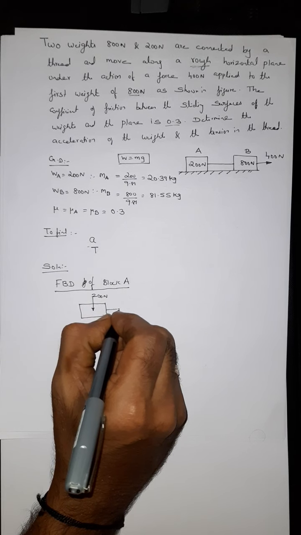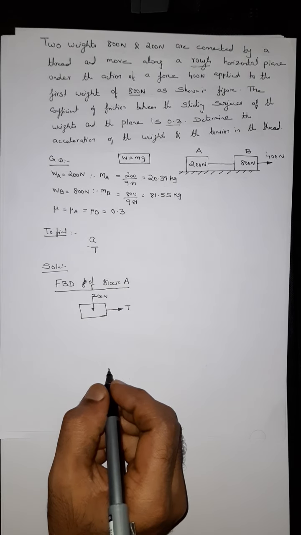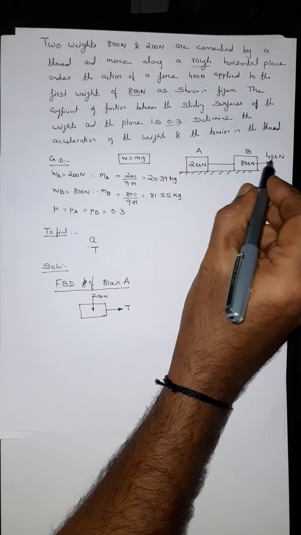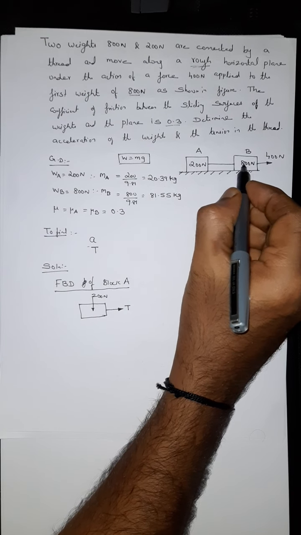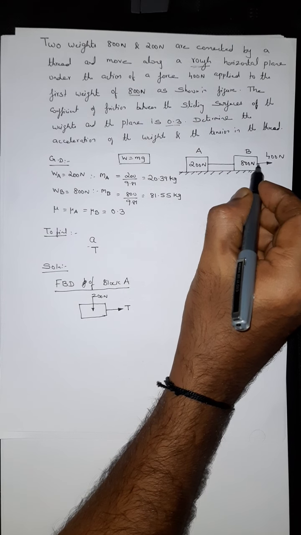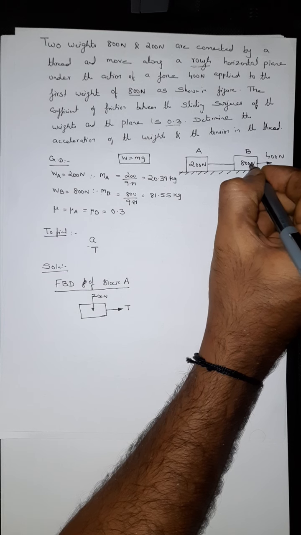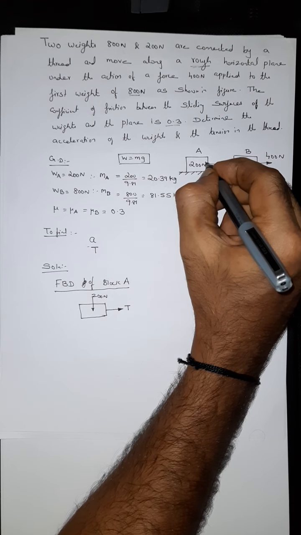There is a tension which should always be away from the body, T. Look here, the 400 Newton external force is being applied to pull the 800 Newton block, right? So when the force is pulling the 800 Newton block, naturally